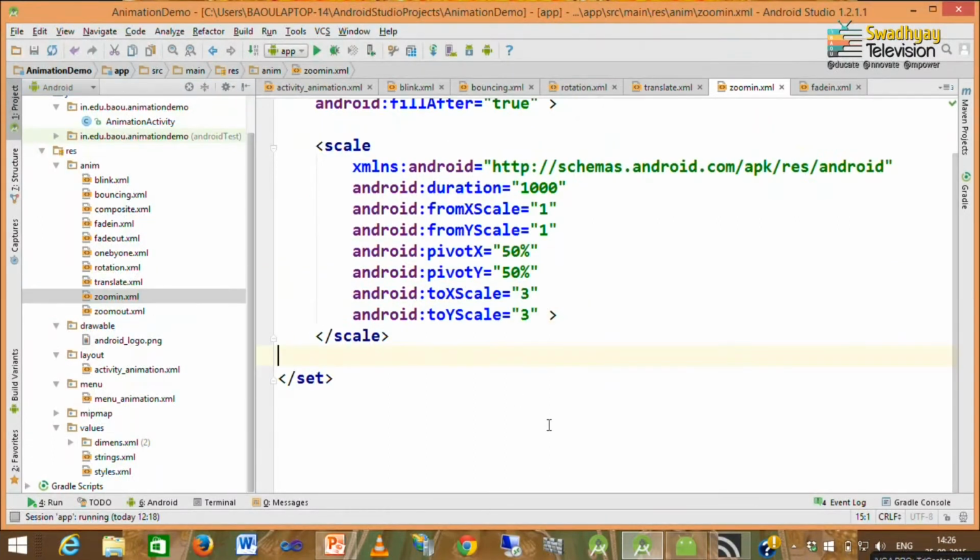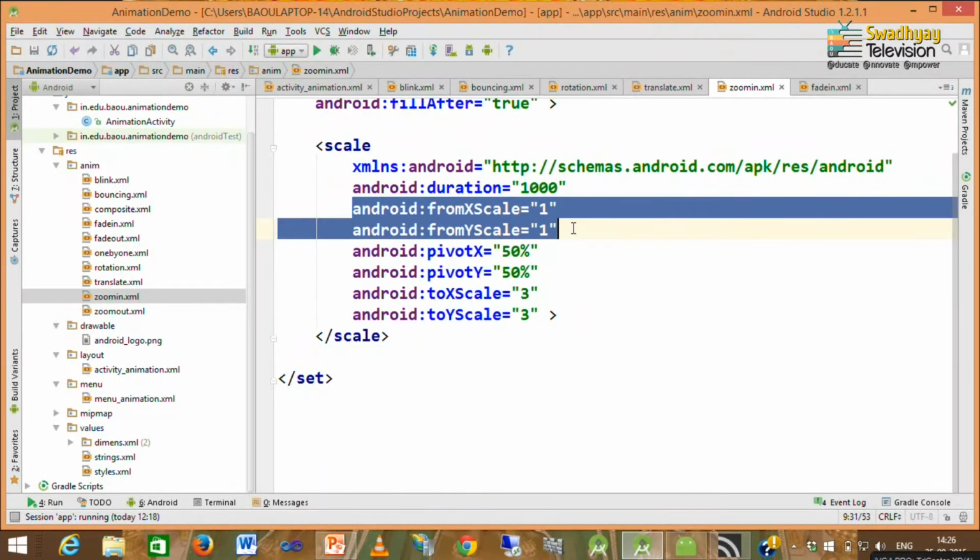Next is zoom in. So, here I use scale and duration is 1 second. Now, from x scale and from y scale specify where to start.